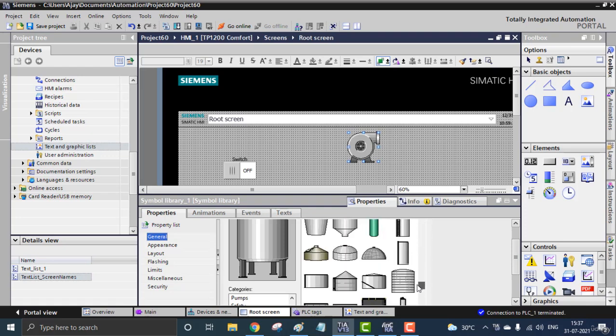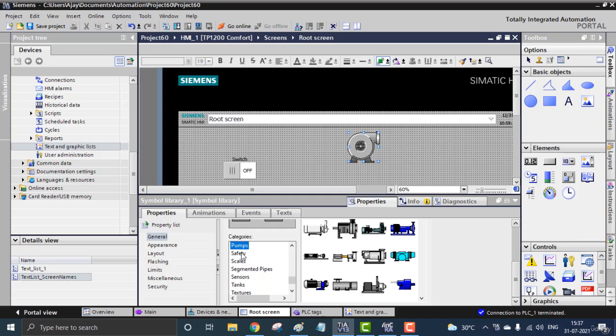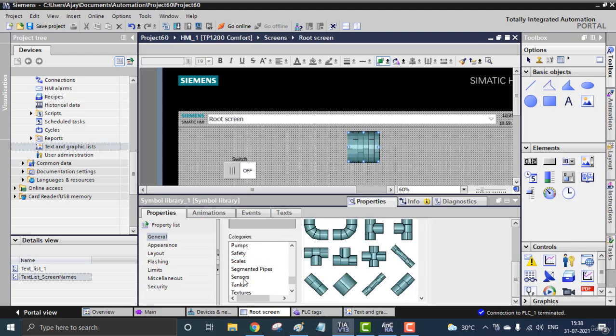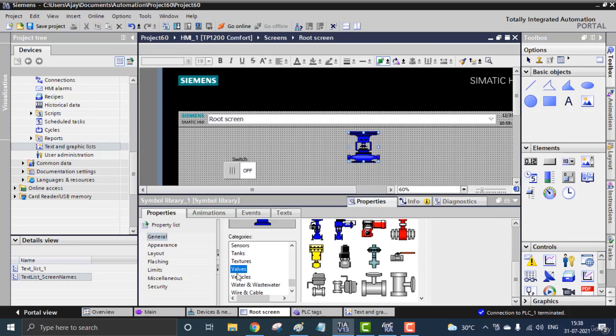You can select the category right here: pumps, safety elements, or anything. I'm using a pump. Here you can see this is a pump, and this kind of pump you can use. These are the types: pumps, safety, scales, segment with pipes, sensors, and tanks. Everything can be changed using these symbol elements.